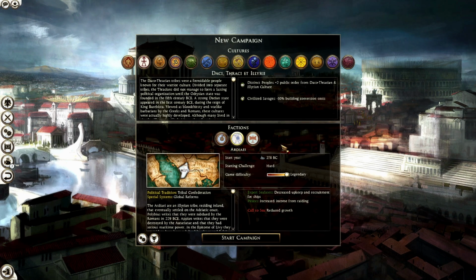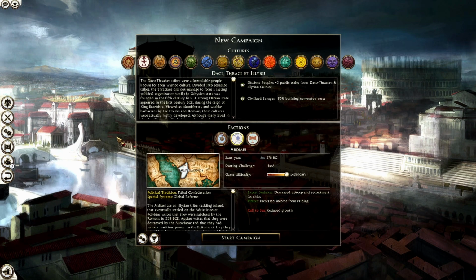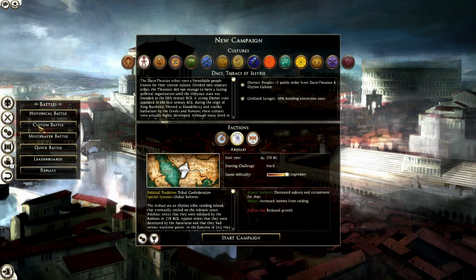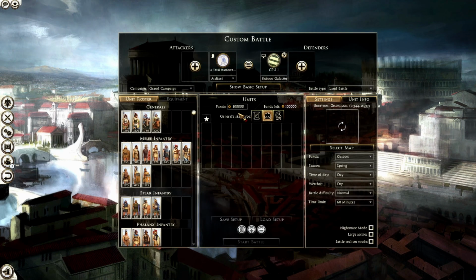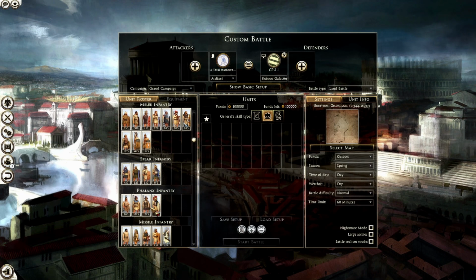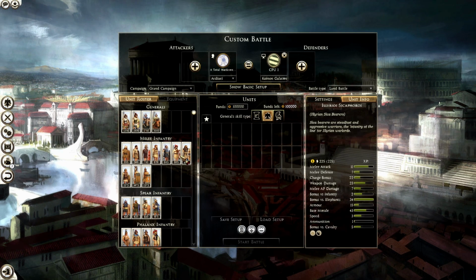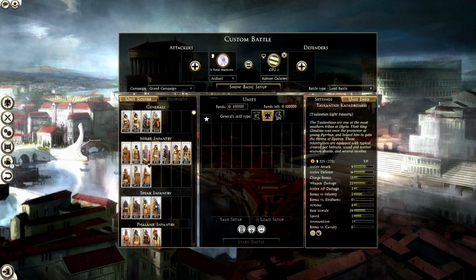Now let's talk about the Ardiaei. It's a very unique faction in the game, and what I like about the Ardiaei is their unit roster. They have a very unique unit roster, and their main strength comes from their wide selection of melee infantry and hoplite units. Right, as the Ardiaei, you have a lot of melee infantry to choose from,